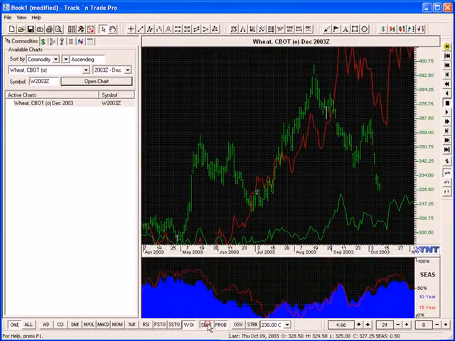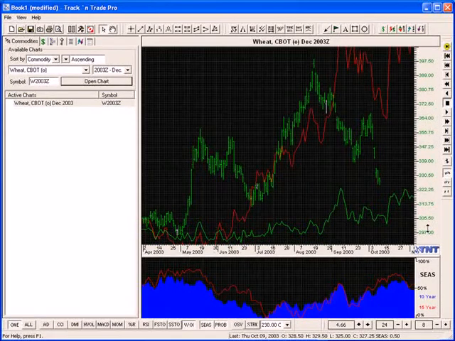There we go. So this is what the seasonal market has a tendency to do during this time of year. During April to July, wheat has a tendency to go down in price. And of course this year, this is the 2003 December contract, it did just that. And then at this time of the year, we start around July at the bottom, and we start going up